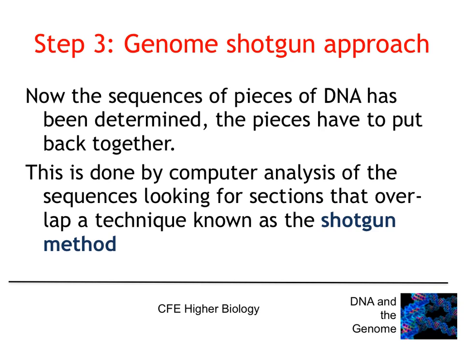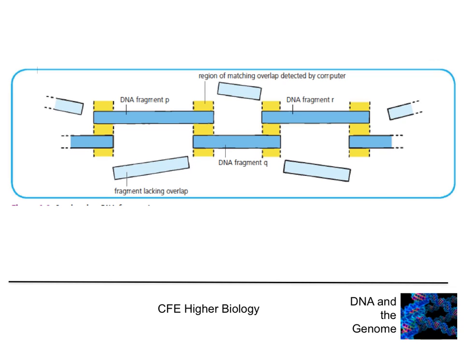And this was done using computer analysis, looking at sections of the genome that overlapped. So, for example, here are our DNA fragments that we cut up with our restriction enzymes, and by now it's actually known what the bases are all along here, whether it's A, T, G, C, whatever. And the computer starts to look for overlapping